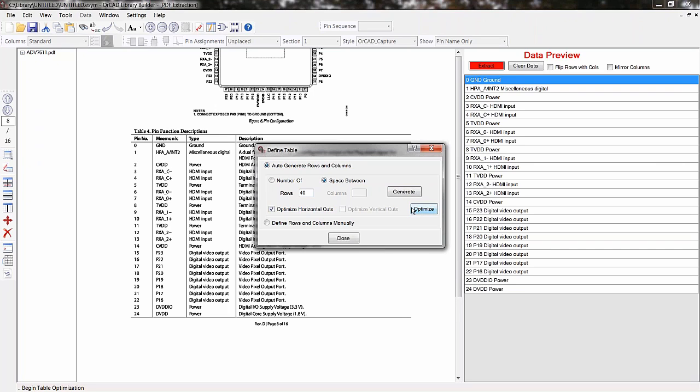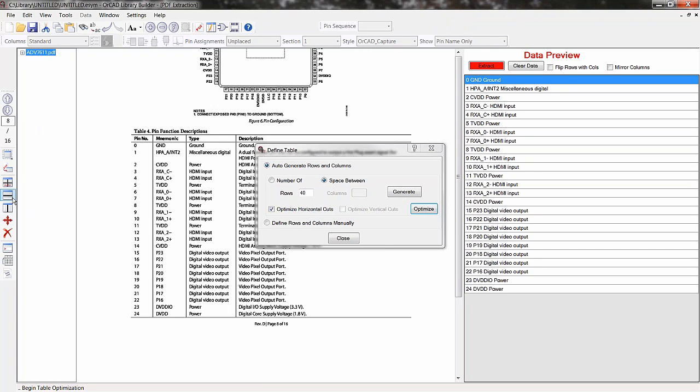And Optimize will automatically adjust, which you can't see right now. There's blue lines that display horizontally between these rows. It doesn't display over the web demo. But it separated that data to what I want it to be. And so what I can do, and I have to do at this point since I didn't specify any columns,